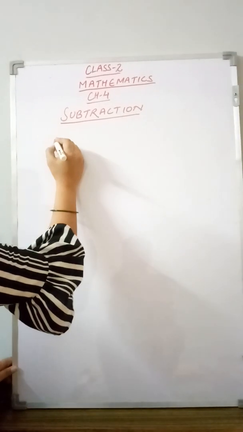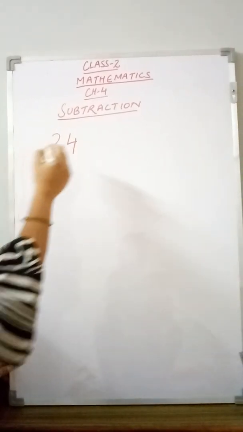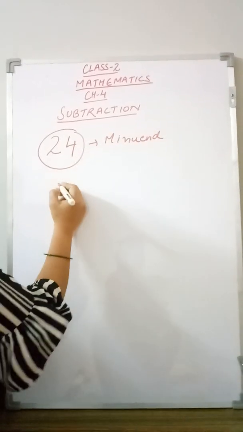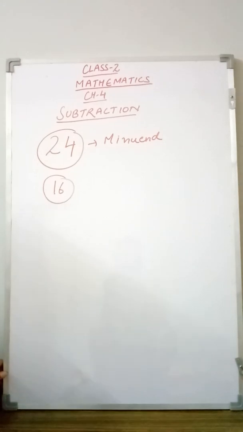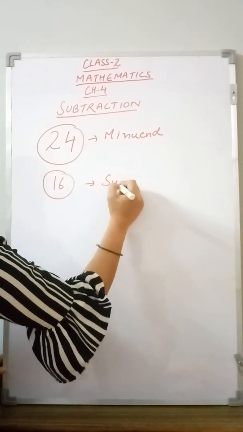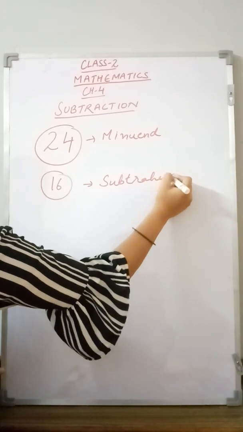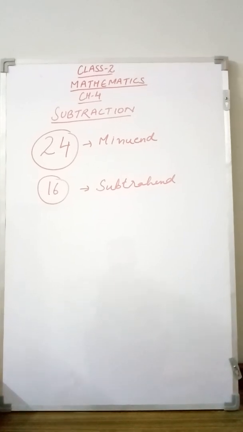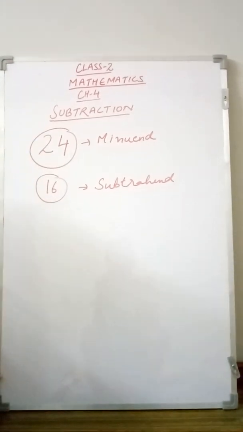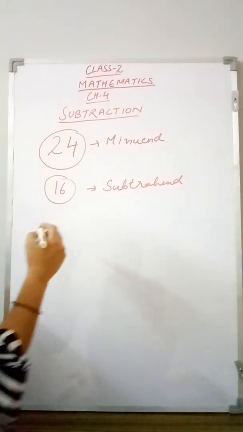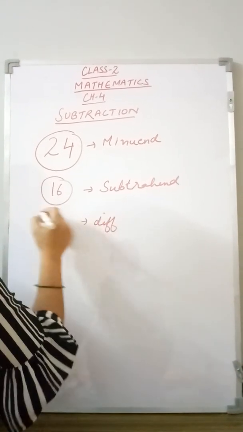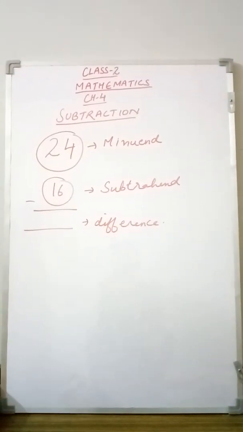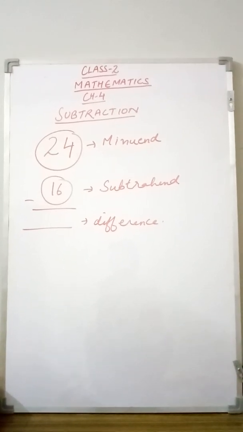In this situation, the total number of pencils is 24. So this 24 becomes the minuend, and the 16 pencils that are used by me become the subtrahend. And my question is, how many pencils are left which are unused? So first I'll take the difference, and whatever the result we have is called the difference, right? The result is called the difference. So I'm going to introduce one method to find out the difference of two numbers.